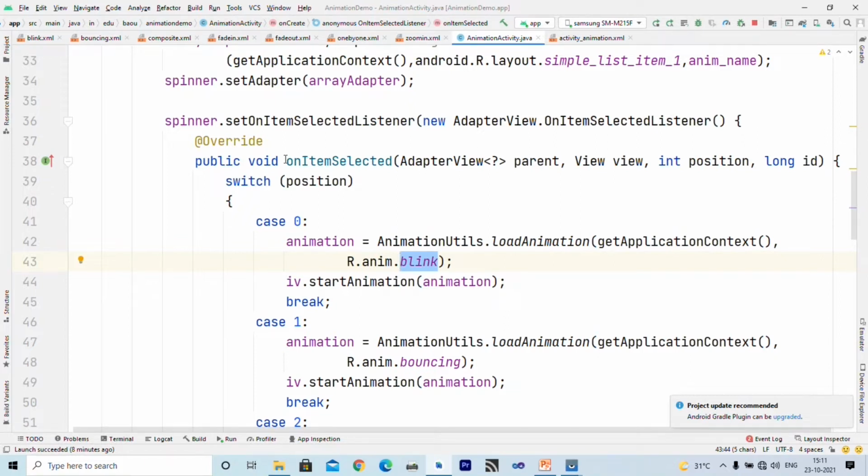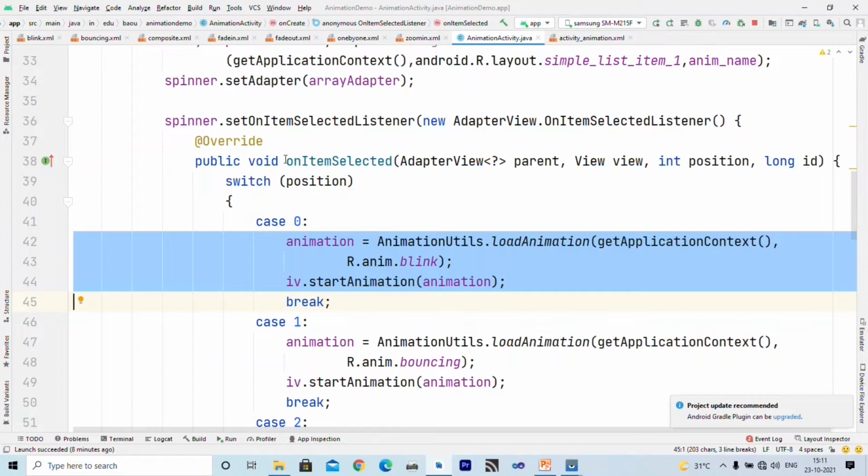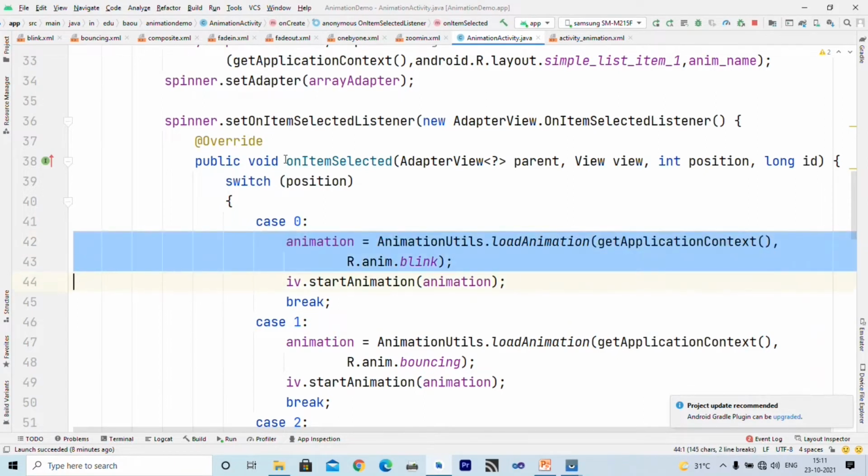You have to repeat the same code with a different XML file for every case. First we load the animation using the loadAnimation method of the AnimationUtils class, with two arguments: first the context and second the name of the XML resource.